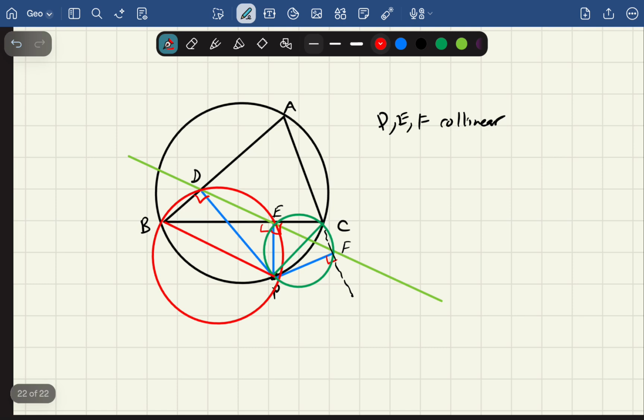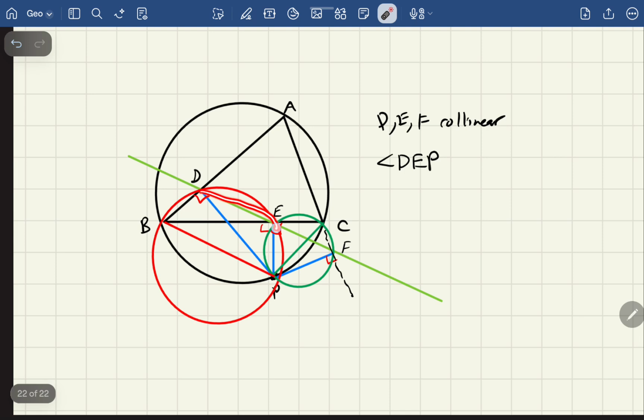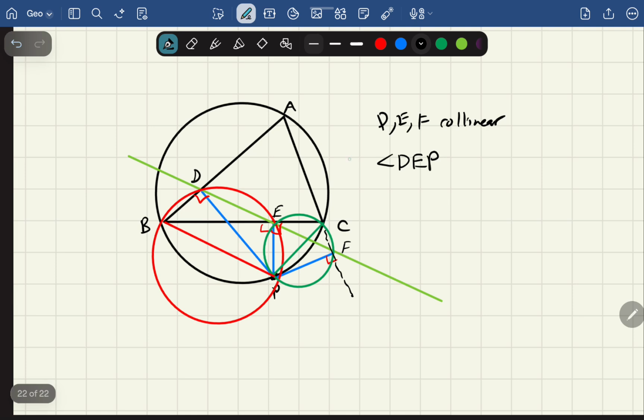We can start out with angle DEP, which is this. Now, if we want to prove that this is a straight line, all we have to prove is that angle DEP plus angle FEP is 180 degrees. So I'll just write that down. Goal, this plus FEP